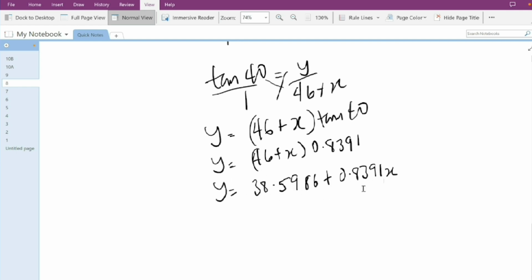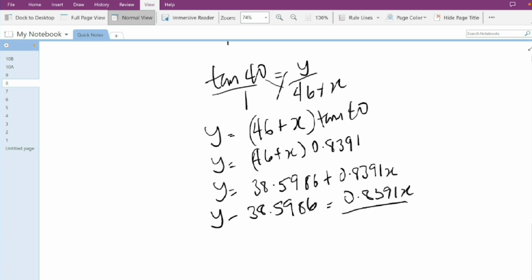It's like solving normal algebra, but here we have our x in decimal. Well, it's still the same process, don't let it scare you. That's one of the twists or technicality in this year. So you take out this 38.5986, so you have it as y minus 38.5986 equals 0.8391x. Since we're looking for x, we divide both sides by the coefficient of x, and in this case is